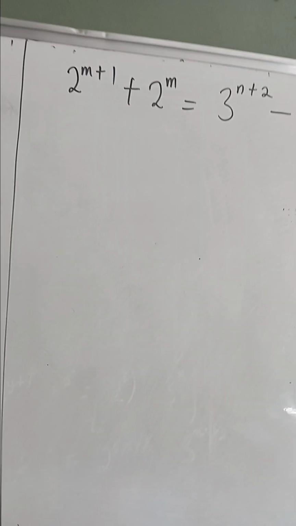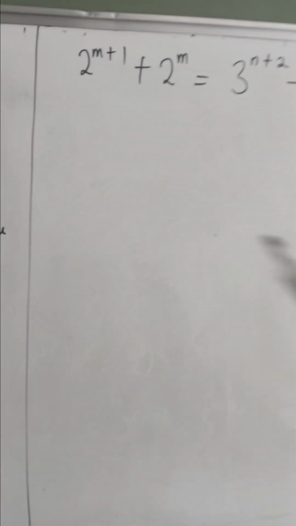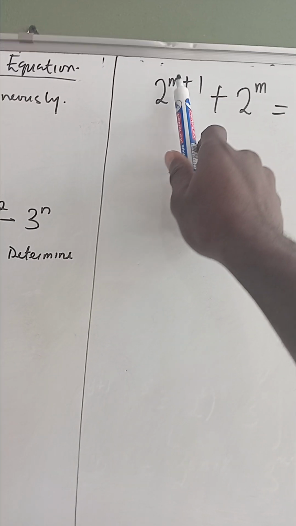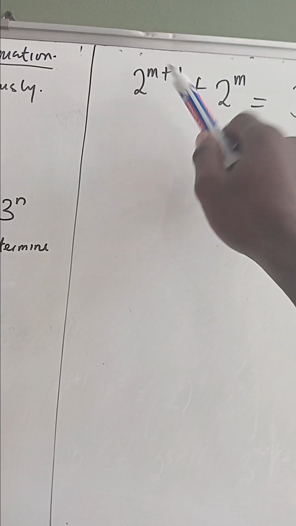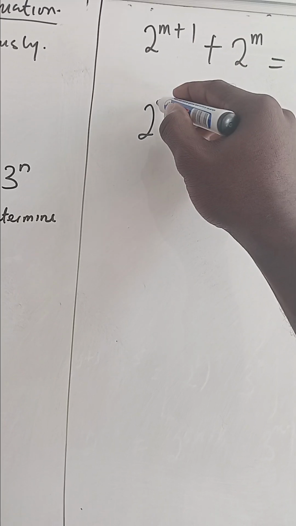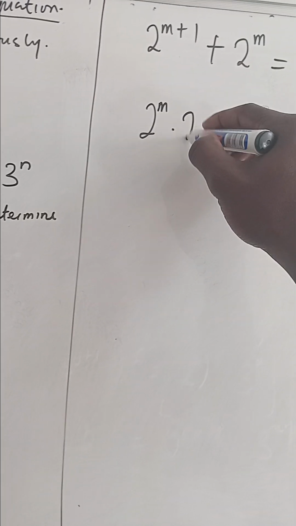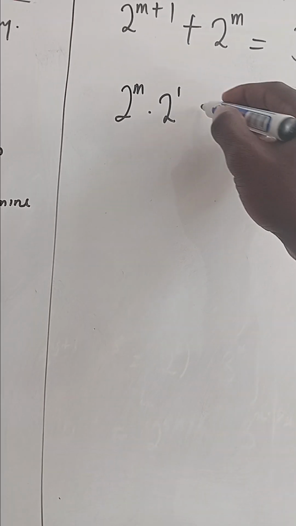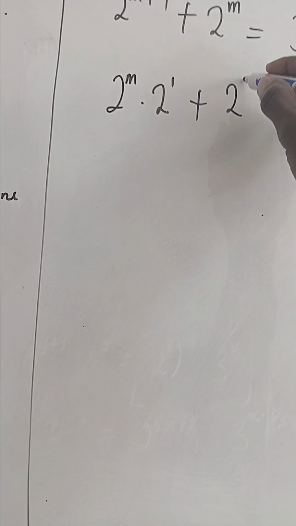Now, let's try to simplify this. As you can see here, we have 2 to the power of m plus 1. This can be written as 2 raised to the power of m dot 2 raised to the power of 1 plus 2 raised to the power of m,